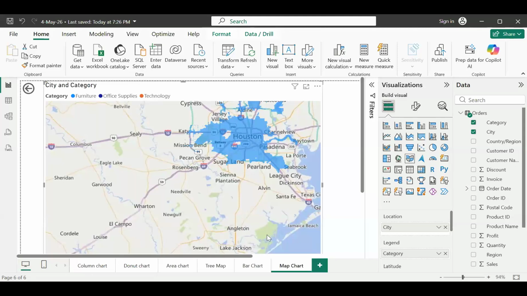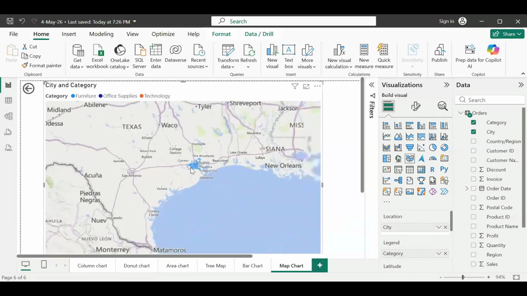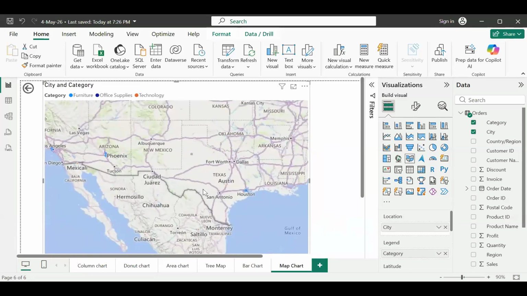No, actually, Divya, you can see that you didn't change the map type. It is still a filled map.